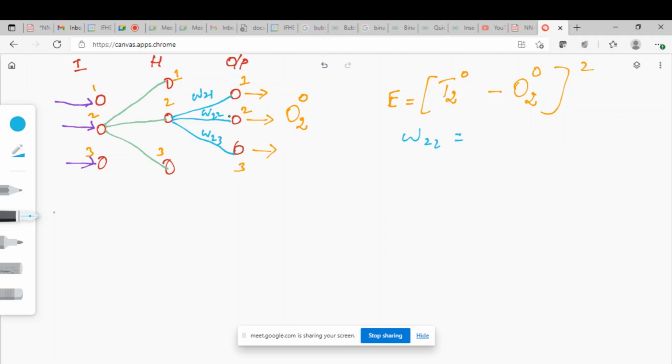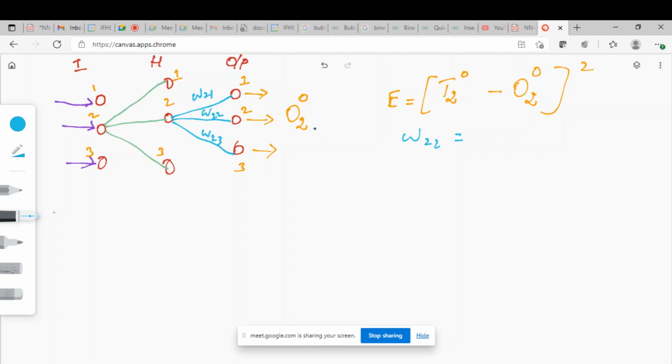Okay, so we want to understand what happens if only this weight changes. This neuron is not only connected with this weight, it is also connected with this weight and this weight, but if I change this weight alone, either increase or decrease it, what will be the change in the error and the output? If the output changes, the error will change, obviously. So how do we know that? Is there any mathematical way to understand that?